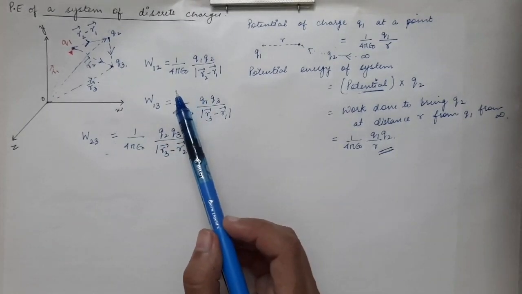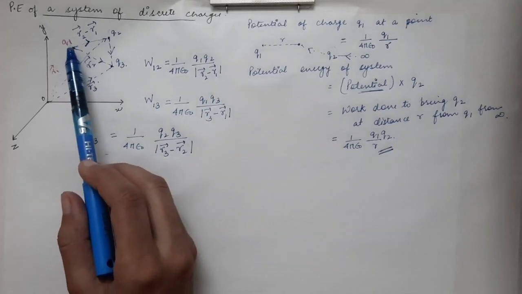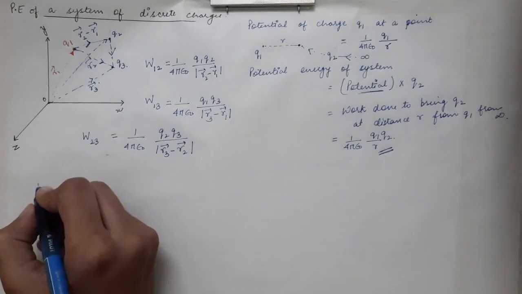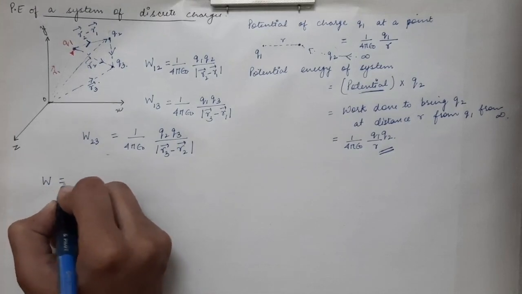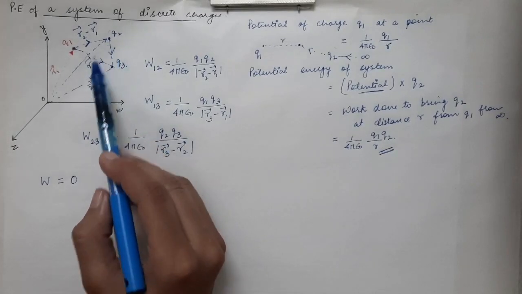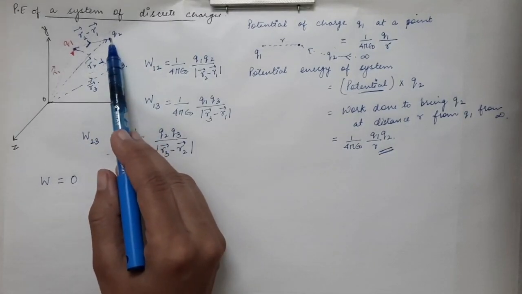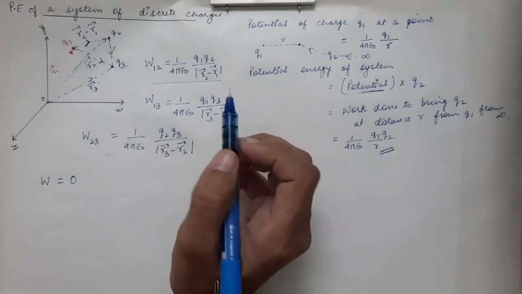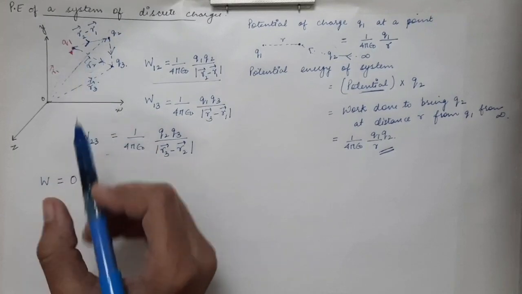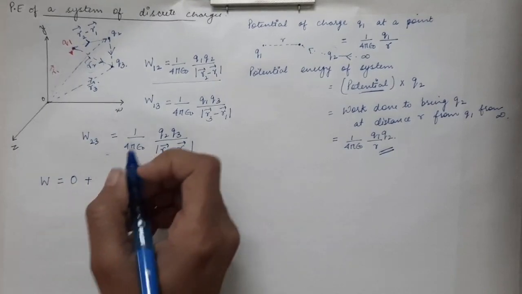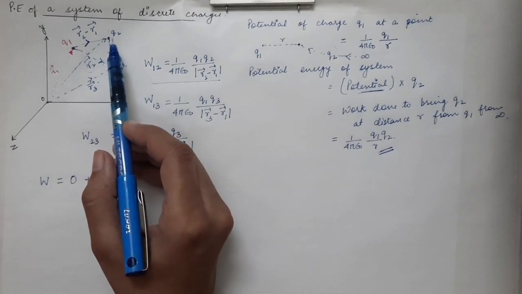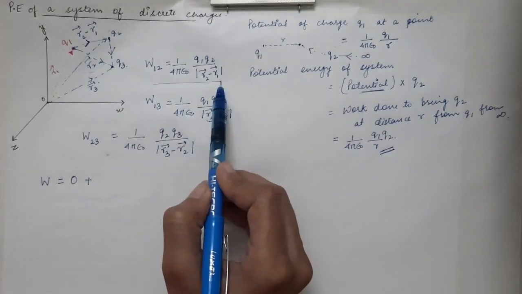Now the total work done: let's say if you just had a single charge Q1 and there were no other charges present, the total work done will be equal to 0, or you can say the potential energy stored in the system will be equal to 0 in that case. Now when you are placing the Q2 charge at a position vector of R2 vector, we saw the amount of work done is given by this formula. Earlier we already had a single charge, and the amount of work done to place a single charge is equal to 0. Then when you are bringing the Q2 charge near to this Q1 source charge, the amount of work that has to be done will be given by this formula.